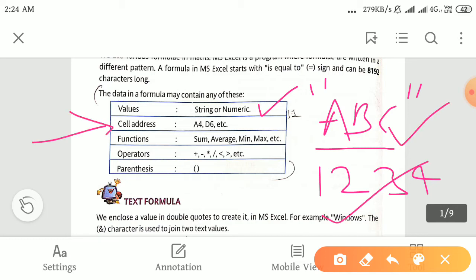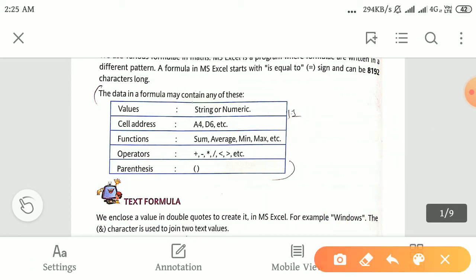Second one, cell address. The cell address is same, likewise I have told you, just now I showed you how to make columns and rows of a cell. We have seen how we are going to address a particular cell, so this is also acceptable, right? Function name, see over here, sum, you know, addition, average, you know, mean when you are calculating, min, minimum number, maximum number, etc. So all these common functions we are already having in MS Excel. You just have to avail the functionality.